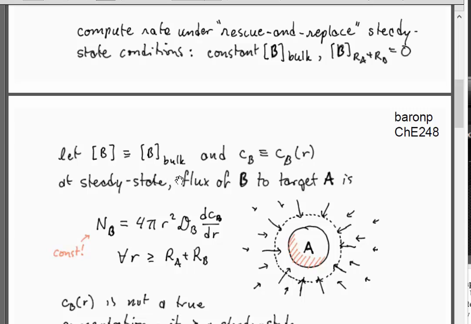Now at steady state, flux of B molecules to our target A molecule, we're going to treat this A molecule as though it's sitting there stationary for the time being. Since this is a sink and it's operating at steady state, then at any distance away from the A molecule that I draw a spherical dividing surface, there's a constant flux through that surface. And so that allows us to write down that NB is a constant. This is my flux multiplied by the cross-sectional area. And that should be equal to 4 pi r squared times, by Fick's law, the diffusivity of the B molecules times the concentration gradient of the B molecules with respect to r. And this is true for any value of r that's greater than that radius at which particles within that distance